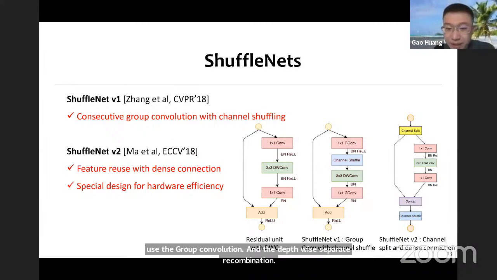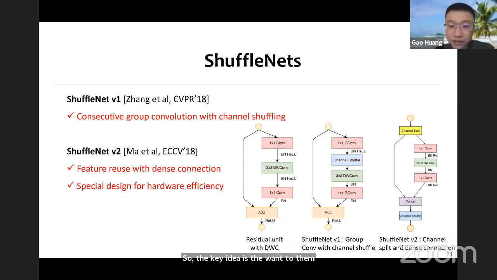So the key idea is the motivation: they want to replace the 3x3 convolution in a residual block by depth-wise separable convolution. So that's the motivation. Because the 3x3 convolution constitutes the majority of the computation in each residual unit. And when the 3x3 convolution is replaced by depth-wise separable convolution, then the majority of computation goes to the 1x1